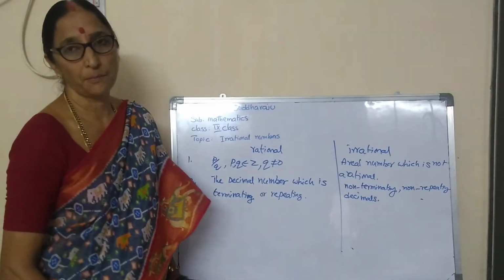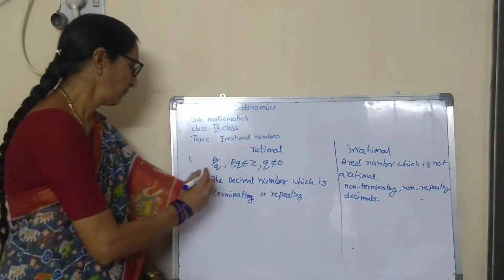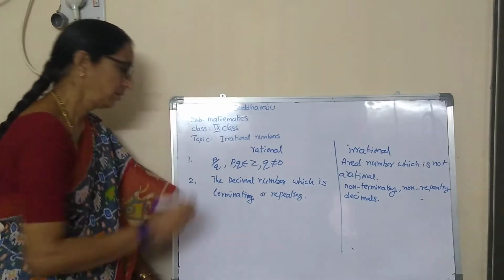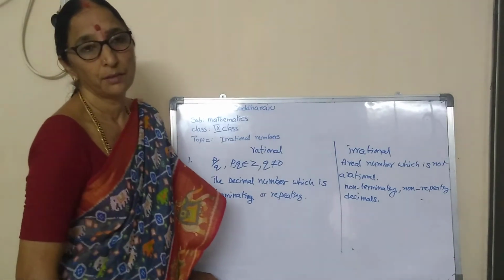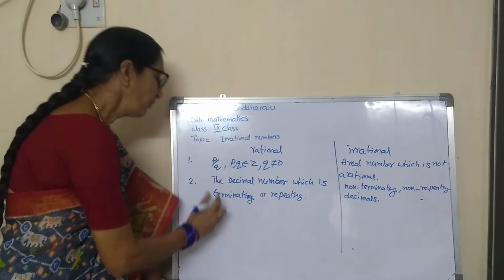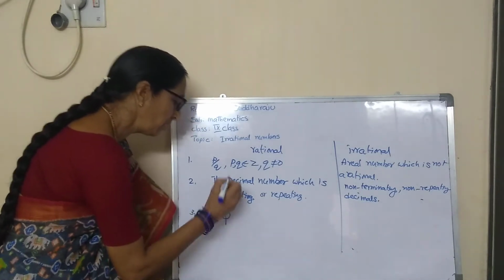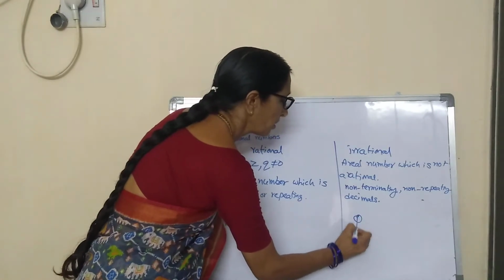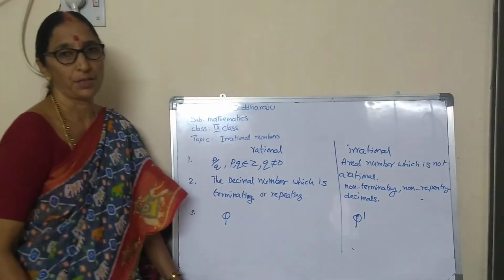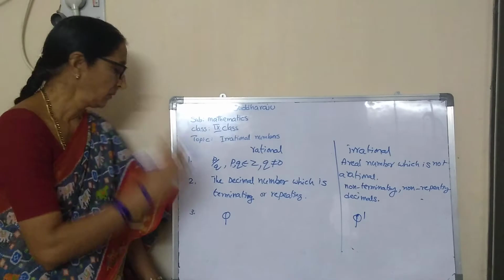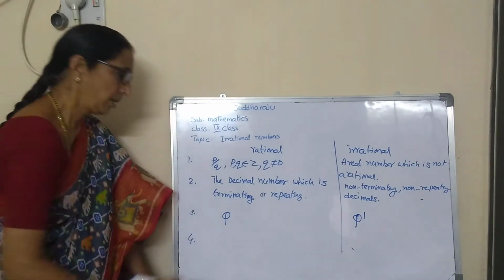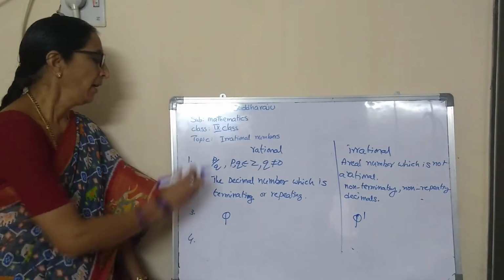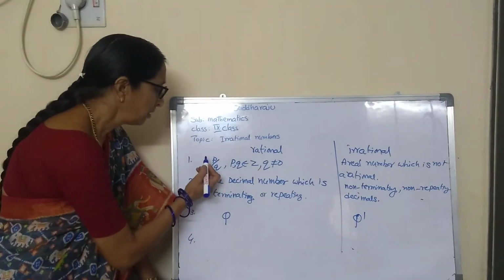Non-terminating, non-repeating. Next, the set of rational numbers is denoted by Q and the set of irrational numbers is denoted by Q dash. And examples. According to definition,